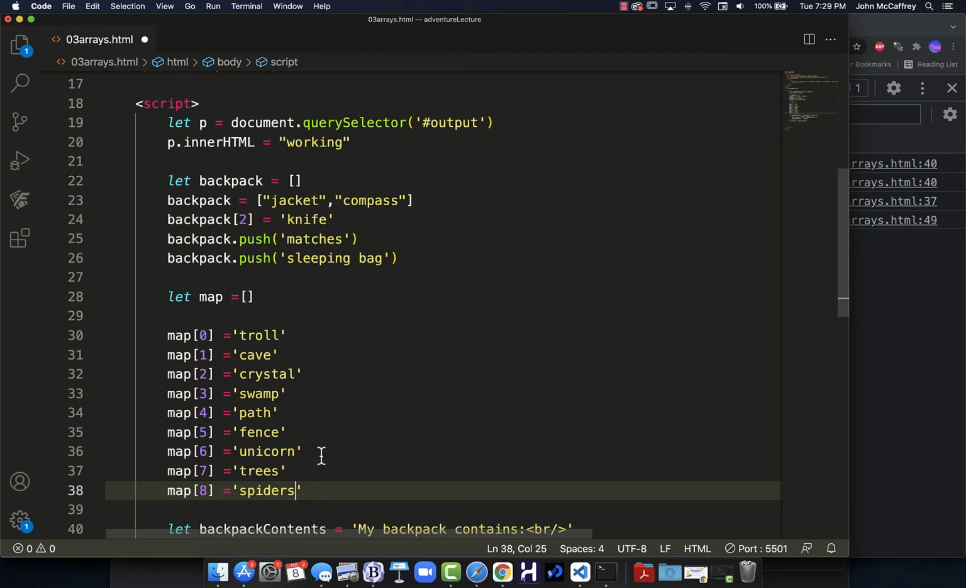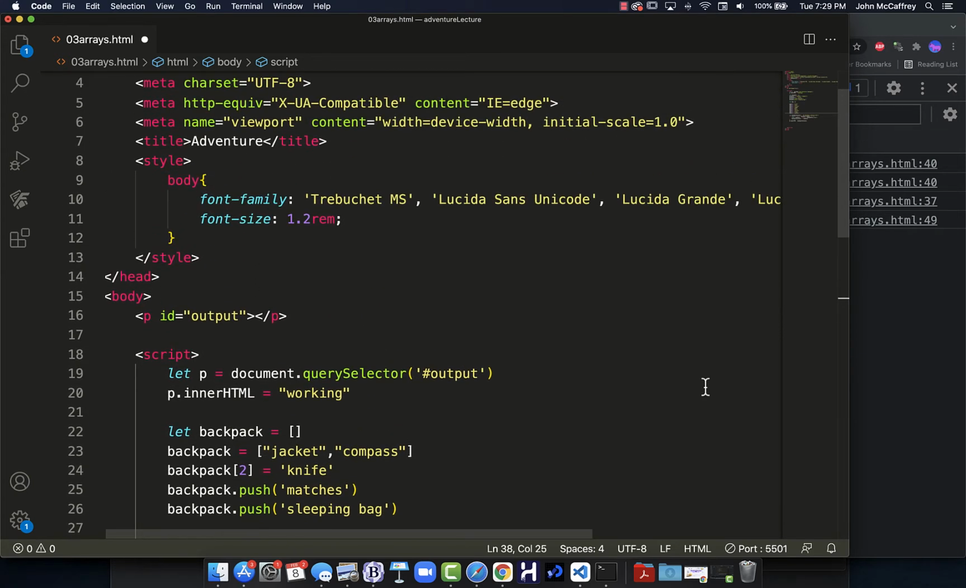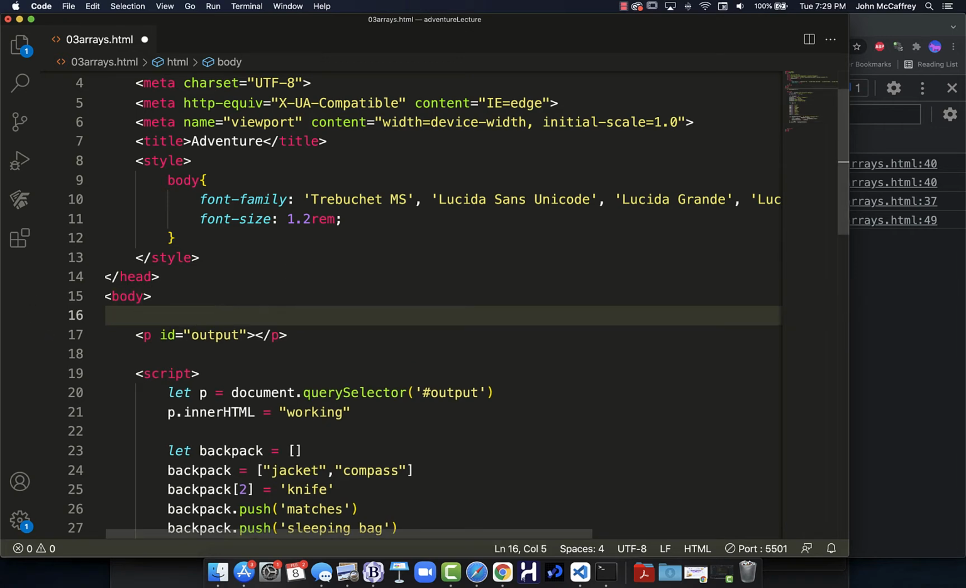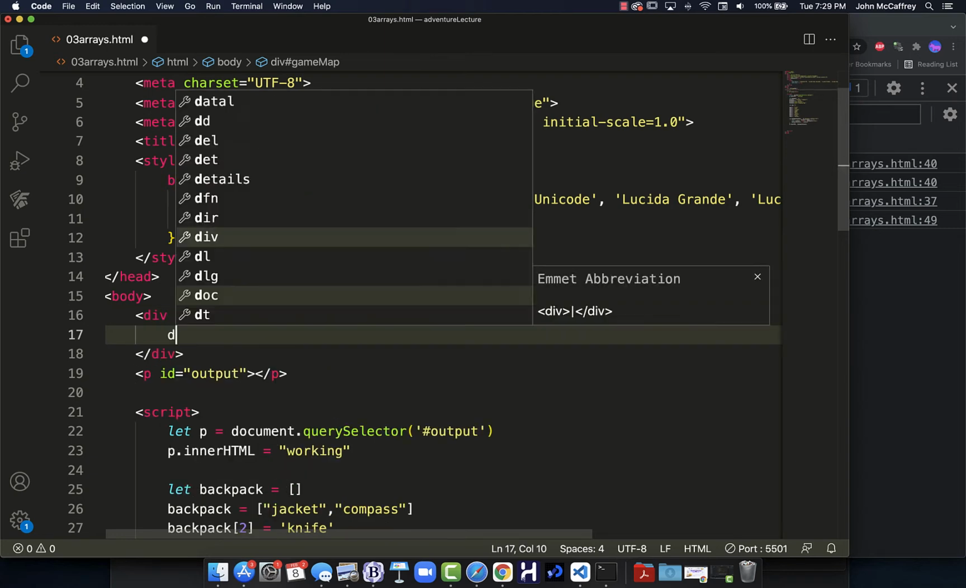Now, one thing that we will want to do with this is we need to actually put some HTML into our document. Now we could use JavaScript to write all of the HTML using create element and doing a bunch of other stuff, but in this case I'm going to just put it in myself, and then we'll put in some CSS to control how it looks. So I'll just have a div, and then this div will be ID of game map, and then inside of that we will have a div,